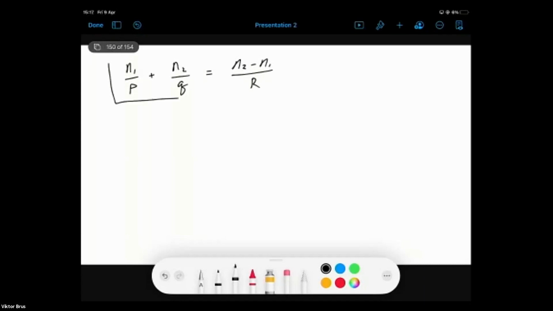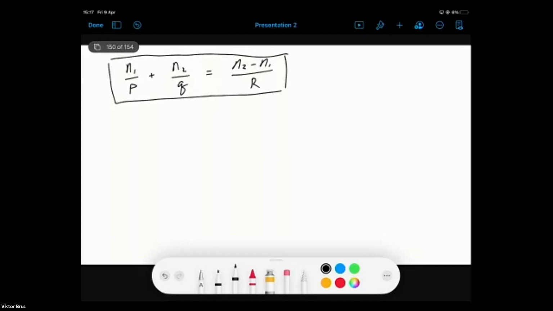So this is an important equation which quantitatively describes the image formation by refraction and gives us the relationship between the position of the object P, the position of the image Q, and properties of the